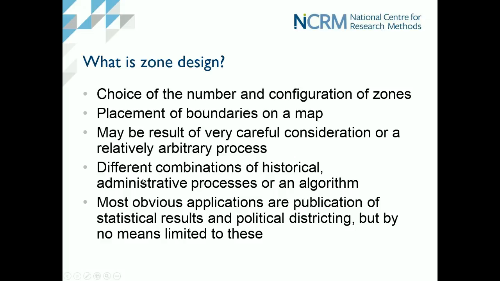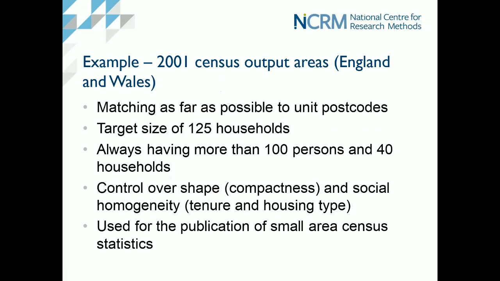Sometimes we've got combinations of historical and administrative things, and an algorithm has been applied in some way, and different software tools are around which people have used. So the most obvious application is publication of statistical results, but really quite a wide set. My one example, and I'm not talking about this extensively this afternoon, is the 2001 census output areas in England